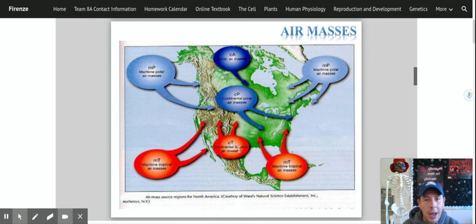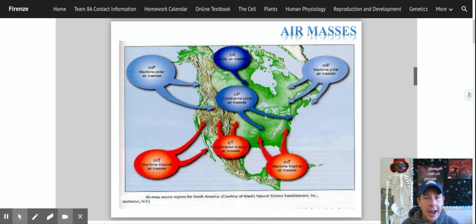And here's continental tropical. Again, it formed over a continent, continental, which means it's going to be dry, but it formed in a warmer climate, tropical. We also have this continental Arctic. That just means it's going to be dry. And Arctic, what do you think Arctic means? Really, really cold. Okay? You don't see that one as much. You stick with the 4 main ones and you should be okay.